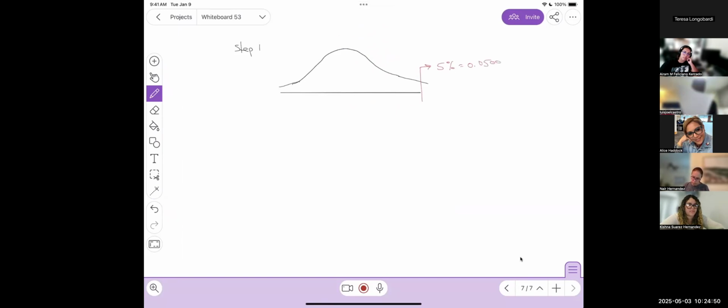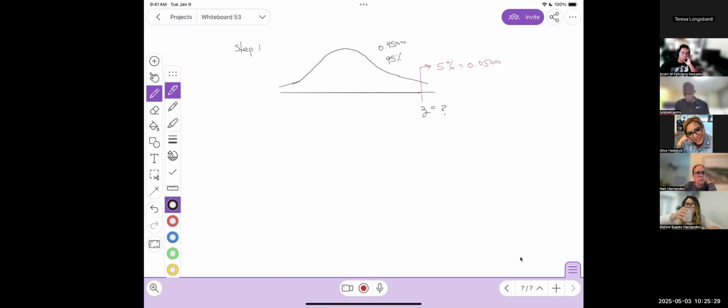Remember, I always write 4 decimals for the tables. Okay, so what do I do with that information? Remember, what did we just do? Repeat what we just did. Go inside the table. And what number am I going to look for inside the table? The table only gives me the area to the left. So what is the area to the left if I want to be at 5% above? 95. Very good. So this is 95%, or we write